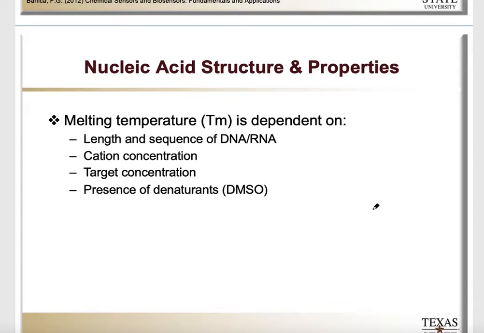All right, the melting temperature of your nucleic acid, which is the temperature at which 50% of the oligonucleotides are hybridized, is going to depend on the following factors. The first of them is the length and the sequence of the DNA or RNA. When I say length, it means how many nucleotides you have in your polynucleic acid. The higher the number of nucleotides, so the higher the length,